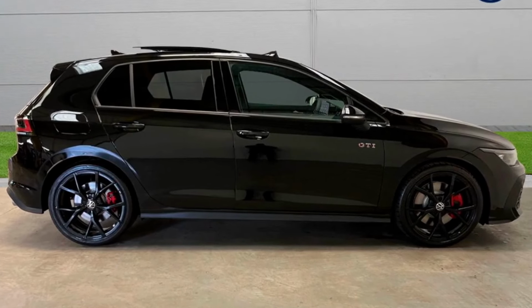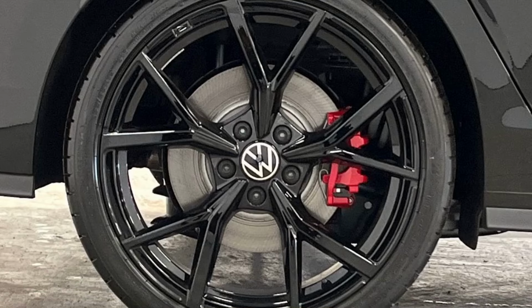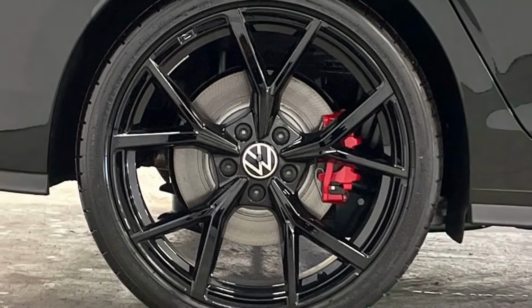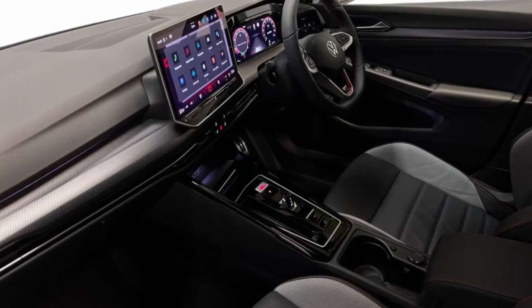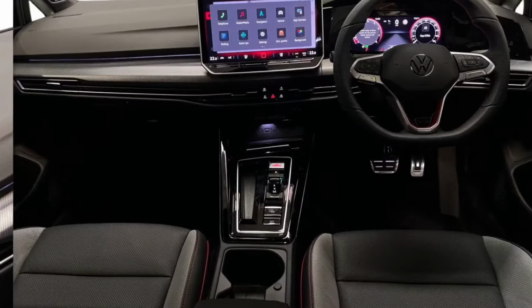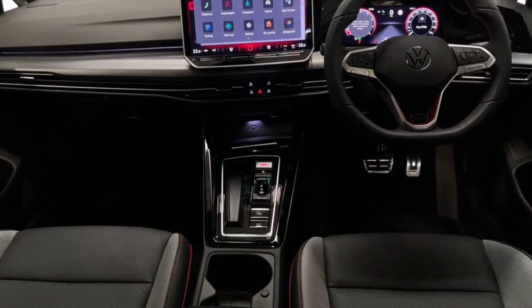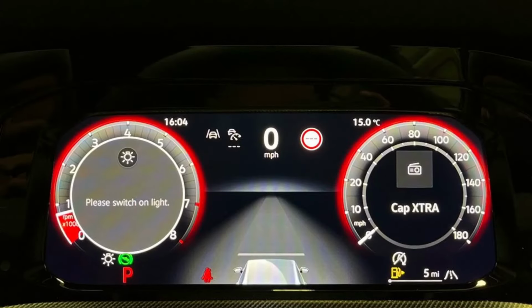This is a very high specified car, and actually this week I'm hopefully trying a very high specified Golf GTI as well at Volkswagen up in Milton Keynes. I'm looking forward to sharing my first impressions on that. Not too sure if it's got these Vienna leather seats. You lose the tartan strip, which I spoke to a GTI owner about, in a Mark 8.5 facelift. He was like, oh yeah, you've got to have the tartan, makes it really good. I don't know if it changes the dash because it looks slightly different to me,